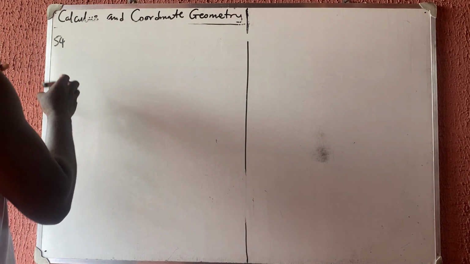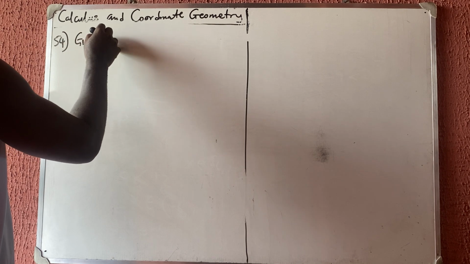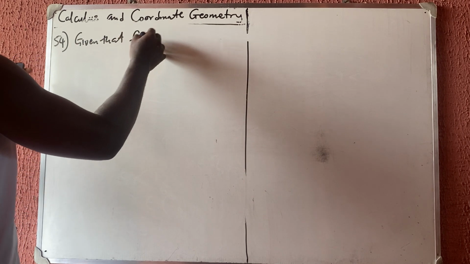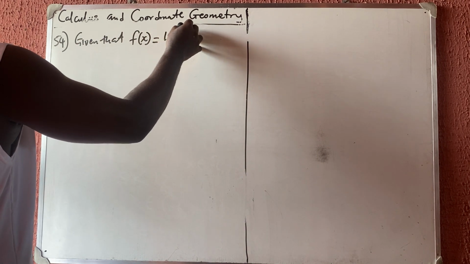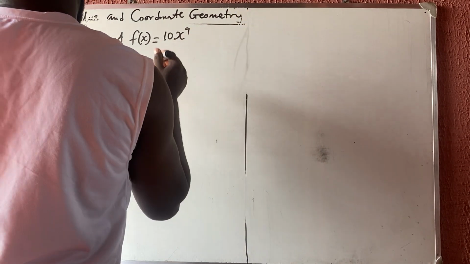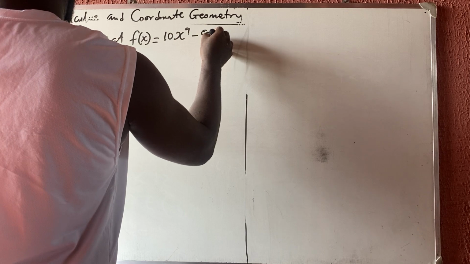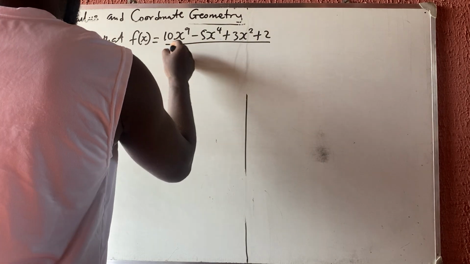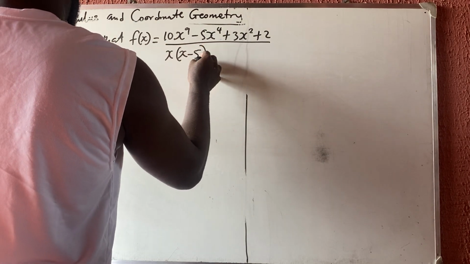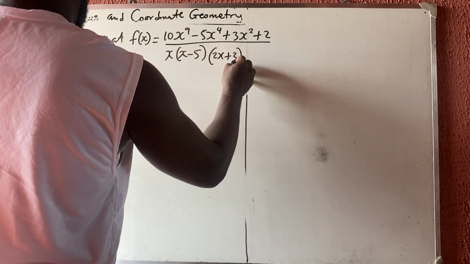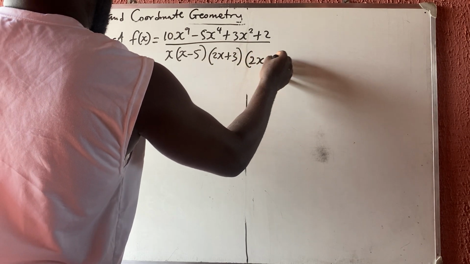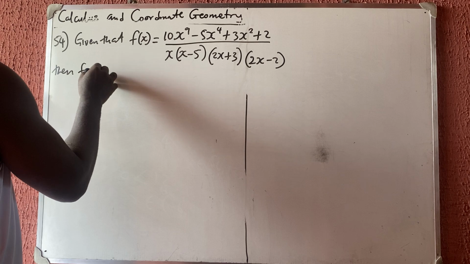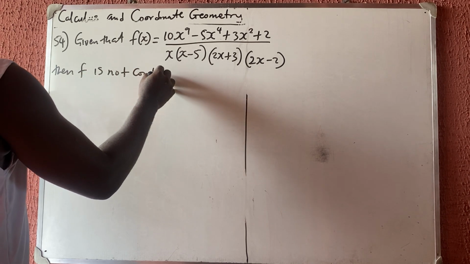Question number 54 says, given that f of x is equal to 10x raised to power 9 minus 5x raised to power 4 plus 3x squared plus 2, all over x into (x minus 5) into (2x plus 3) into (2x minus 2). Then f is not continuous